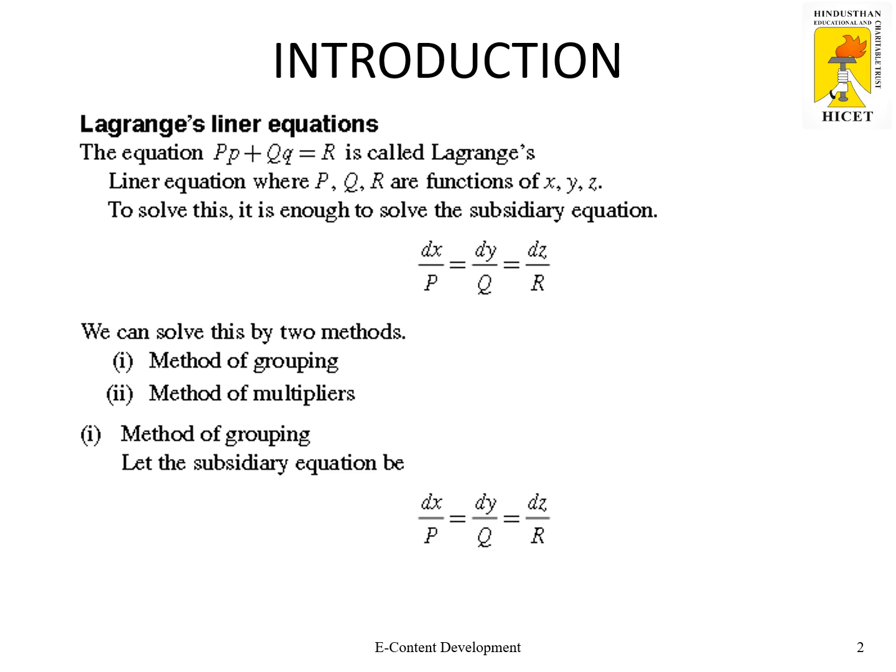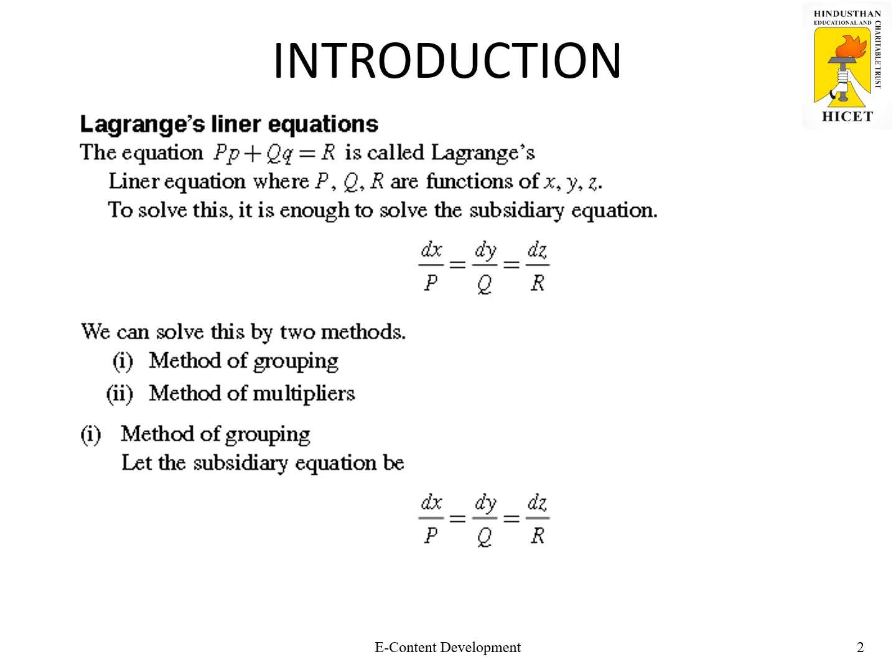Of course, small letter p is nothing but the partial derivative with respect to x, and q is nothing but partial derivative with respect to y. Yes, this is the standard form of Lagrange's linear equations. Once we are getting this linear equation, how to solve that will be first to get the subsidiary equation. What is the subsidiary equation? So it is written here dx by P equal to dy by Q equal to dz by R. So that is the subsidiary equation.